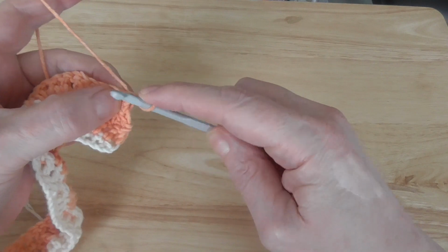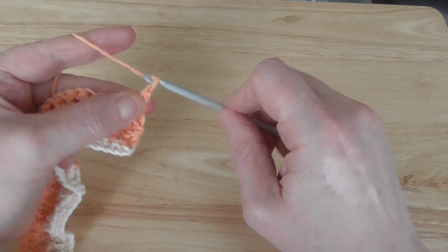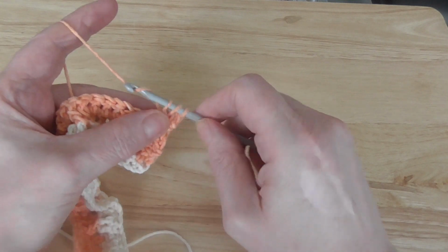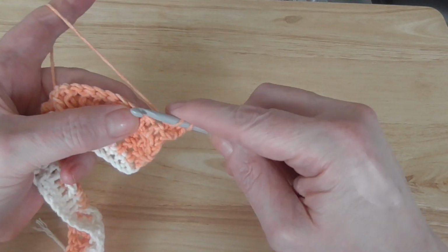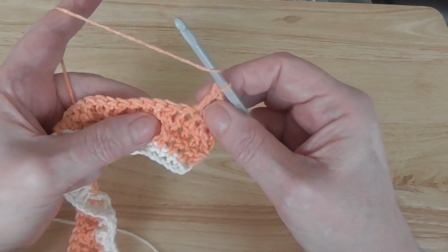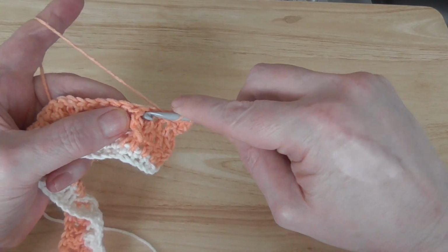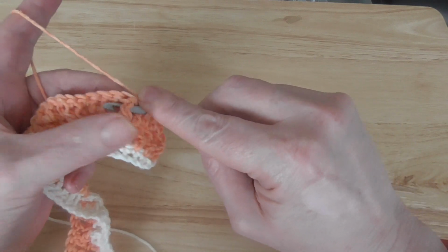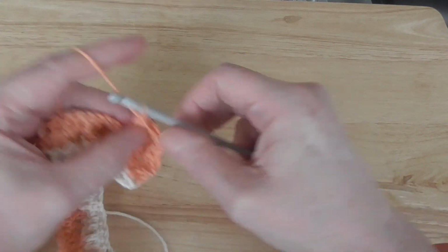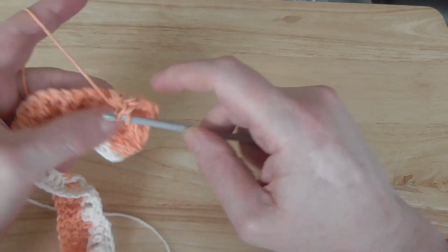So for the next row, chain 3 or start stitch, and work a treble into the next 2 stitches, and then go to your crossed trebles and work a front post treble, missing the first one, and working a front post treble around the second, and then yarn over and go back to the first and work a front post treble,